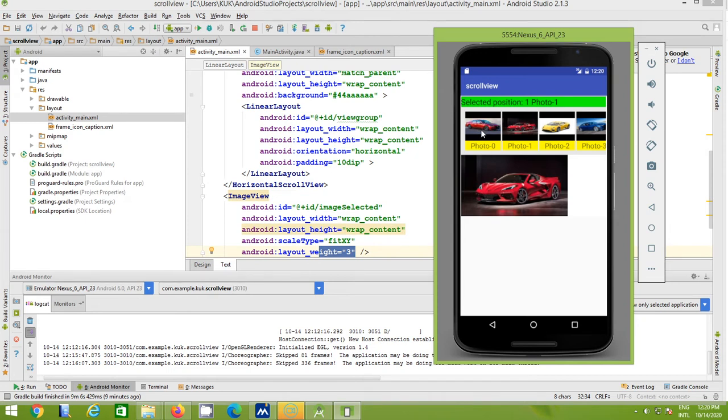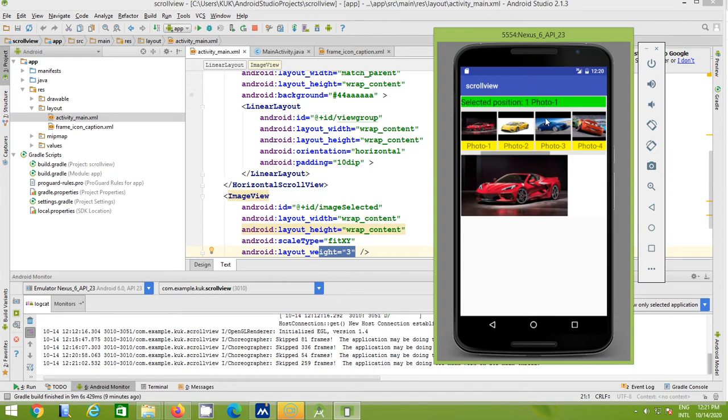In the horizontal scroll view, we have to use two parts. One is for your small image, and the second one is the name of your image. That part will be repeated. We can say that is a frame containing two parts: one is your image, and the second one is the image name. That property will be repeated. The only change is that the image name will differ, as well as the image. So we will create a new XML file. That XML file is created in your layout folder.